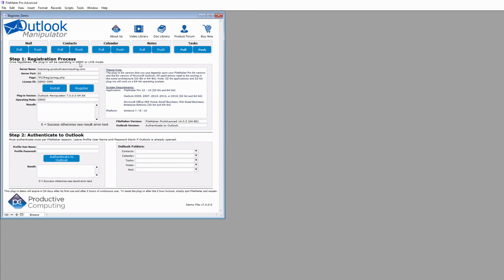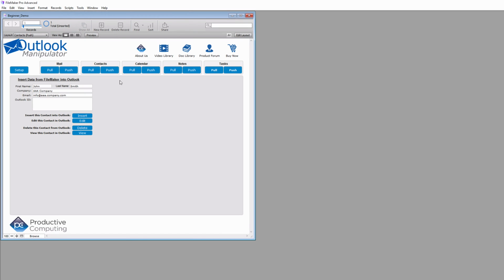Alright, so for contacts push, we're going to click this button. Here we have a simple database with first name, last name, company email, and then an Outlook ID which we'll receive after we push this contact. So the idea is we can just fill in these simple fields, and then let's go ahead and insert that